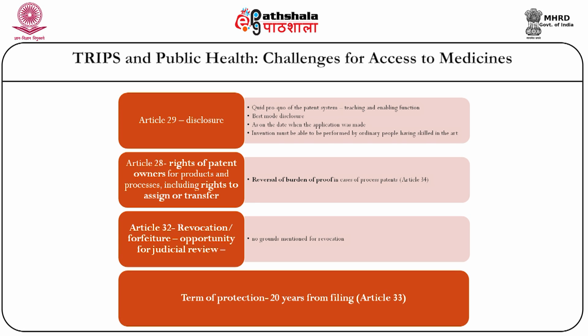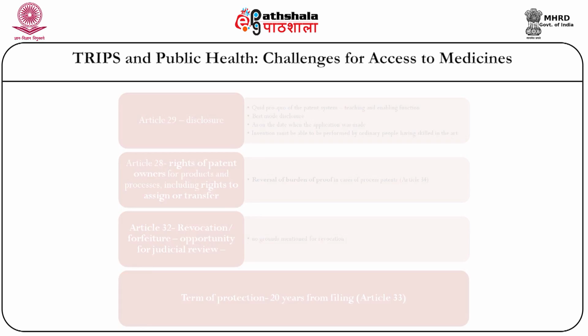The term of protection provided under the TRIPS agreement is 20 years. This is provided by article 33, and it has been quite controversial whether 20 years is the actual time period in which pharmaceutical companies may actually be able to recover their investment, but TRIPS does not settle this issue. TRIPS only provides a minimum standard. It means members can also provide more extensive protection than is provided in the TRIPS agreement.